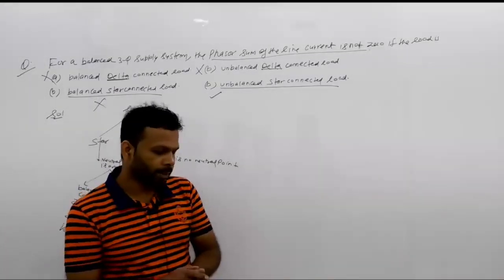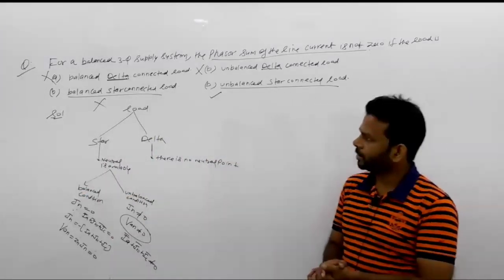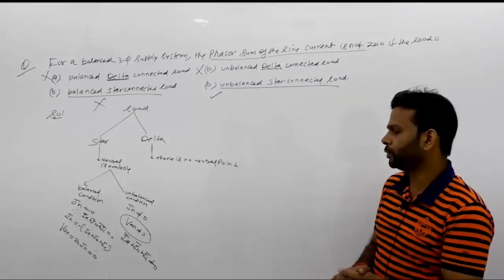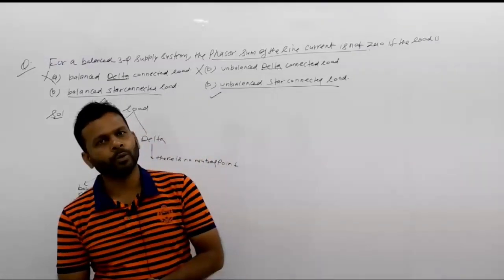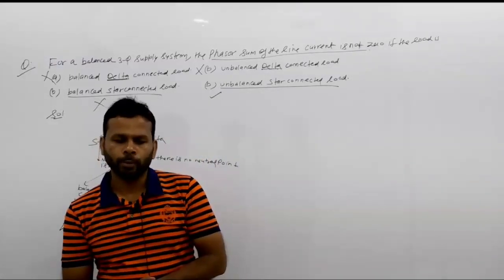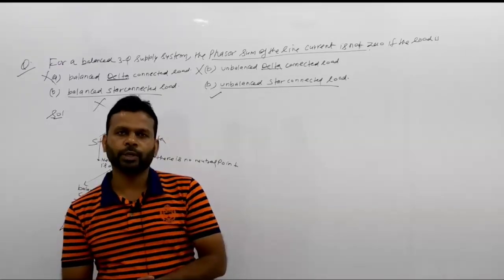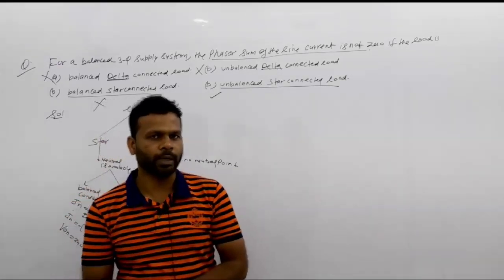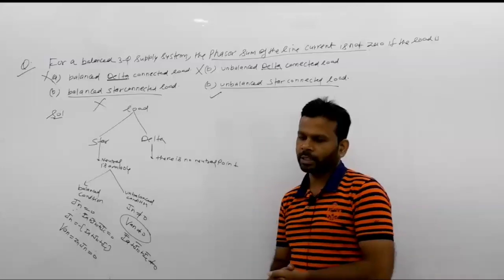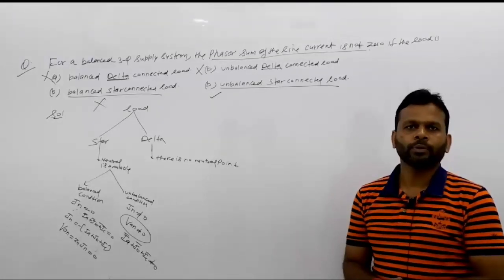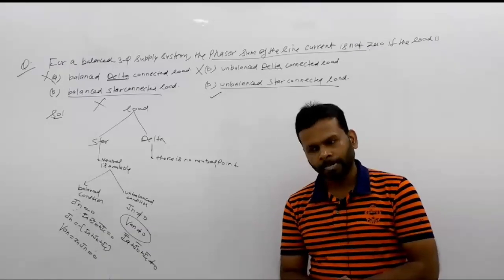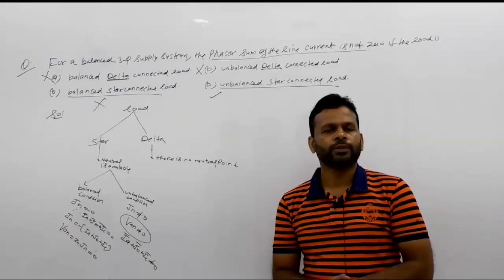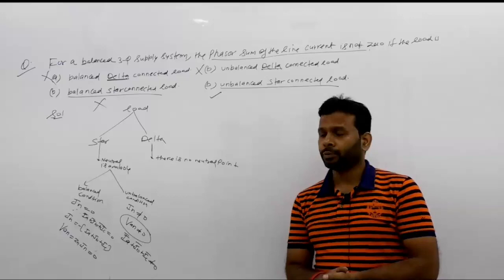सो हमने भी थ्री फेज सर्किट में देखा कि किस लोड के लिए हमारी न्यूट्रल करंट जीरो होती है। सो न्यूट्रल करंट जीरो होने का मतलब ये है कि अब आपका लोड बैलेंस्ड है, ठीक है, और लोड बैलेंस का मतलब है आपकी लाइन करंट जो है उनका फेजर सम क्या होगा, जीरो के बराबर होगा। अगर किसी भी सर्किट में जो तीनों लाइन करंट है उनका फेजर सम जीरो है, दैट मींस वो सर्किट बैलेंस है, और अगर सर्किट बैलेंस है तो वहां पर न्यूट्रल करंट क्या होगी, जीरो होगी।